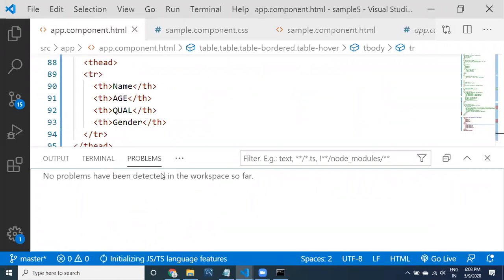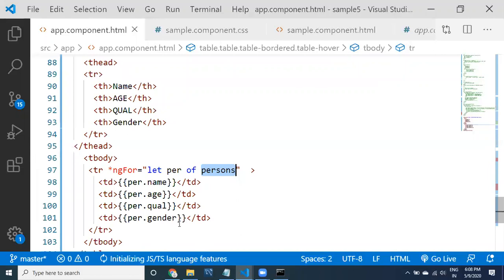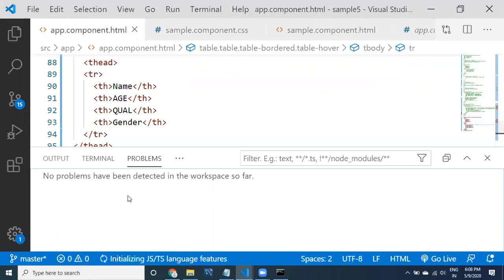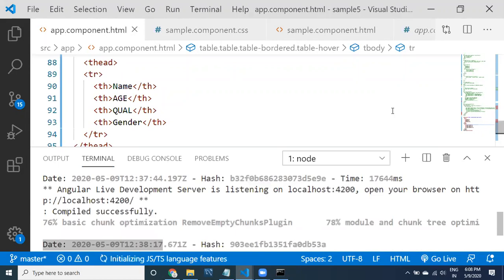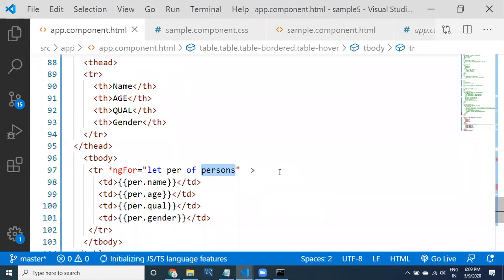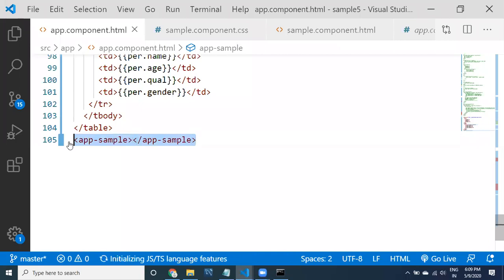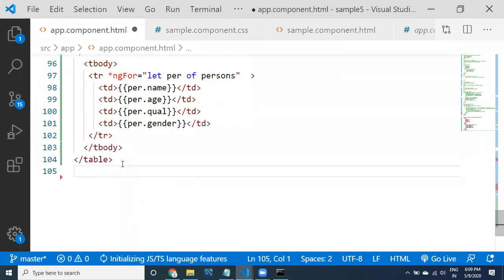If you close this window, the terminal is not going to get closed. If you want to go to the terminal again, you can click on this triangle and go to the terminal. Still it is running, you don't need to worry about it. For readability's sake, if you keep this kind of window, it is not easy to work here. That's why I just want to close this. So this is the table that I have, the only table we have.